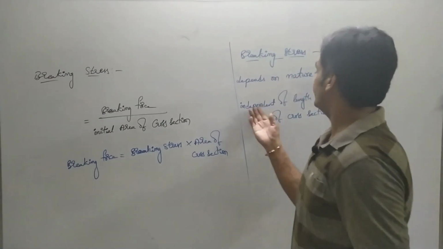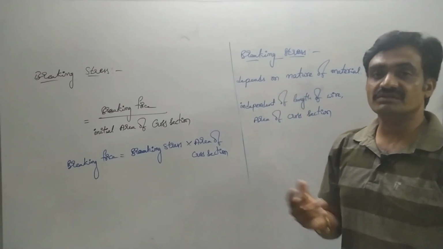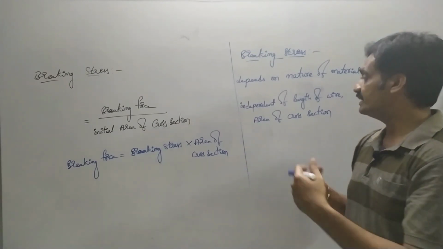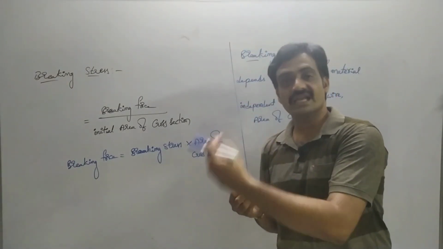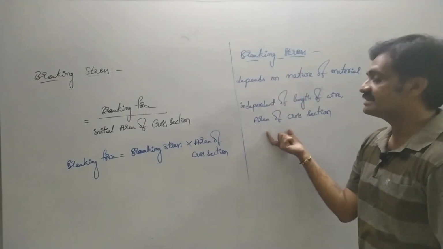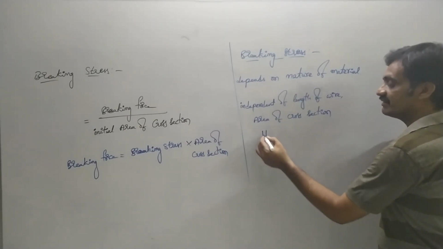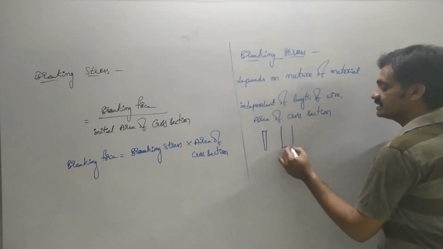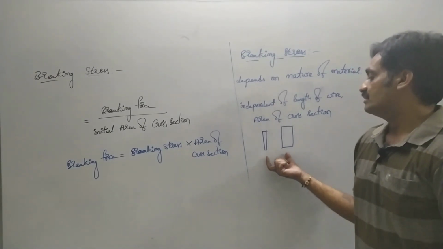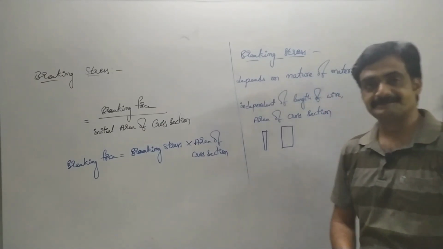Whereas it is independent of the length of the wire. It might be 5 meters or 10 meters or anything. Based on the nature of the material, we can represent the same amount of breaking stress for that wire. Length may be varied, but we can apply the same amount of breaking stress on the wire. Similarly, breaking stress is independent of area of cross section. Here we can consider a thin wire which has less area of cross section, or a thick wire which has a large area of cross section. Both possess the same breaking stress if these two wires are made up of the same material.